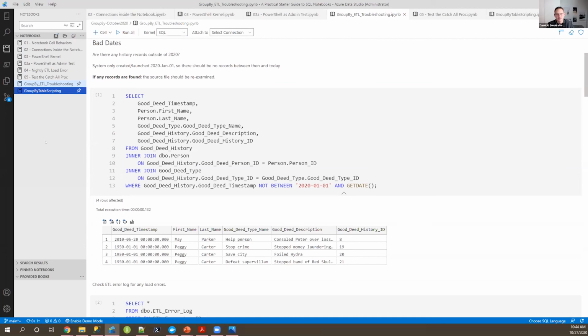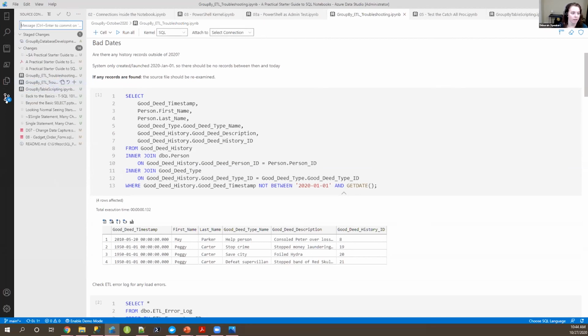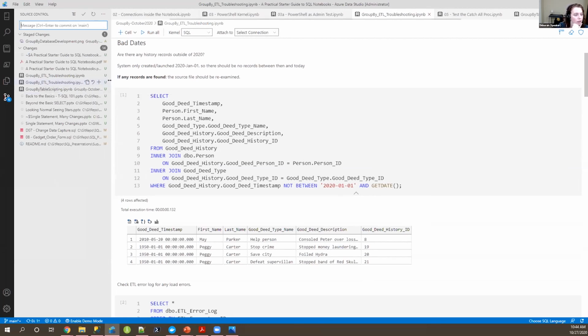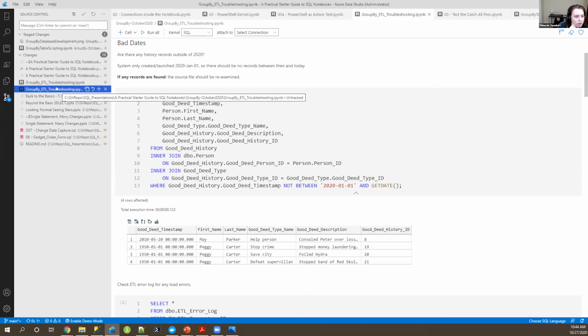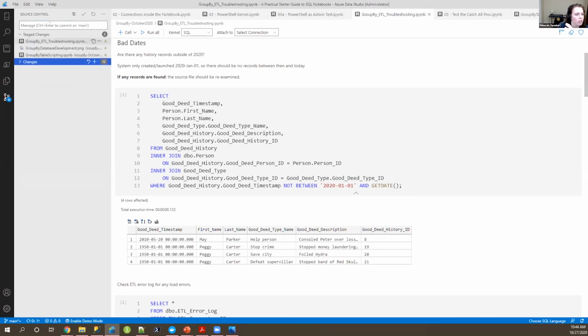But we want to save these anyway. This is actually a fun thing that I've been enjoying with Azure Data Studio is I have it connected to my source control. So I said I had a GitHub. So let me just share a couple things with you. So this is our table scripting that we just did. So I'm going to stage that. And is this the right one? Yep, this one is the right thing. I have a bunch of other junk here. So we'll just keep those changes. So let's commit these